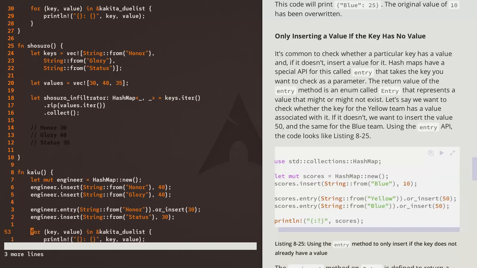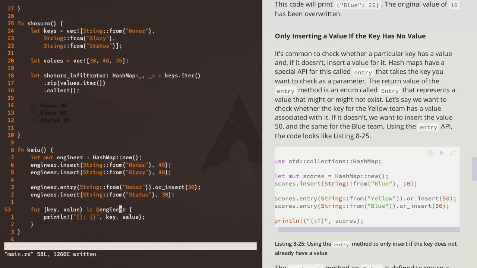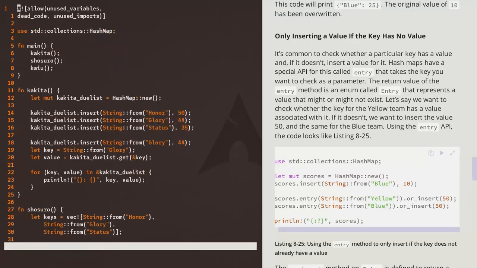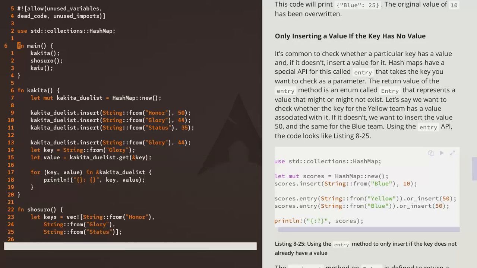Okay, so paste. So for key, value, yeah, I know. For key, value in reference to engineer. All right, and then Caillou. Great, so now we can run this and it should give us something to look at. Yeah, okay, so I need more in my prints. So first of all,